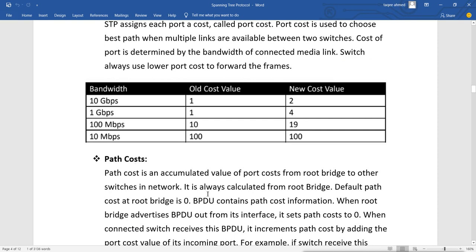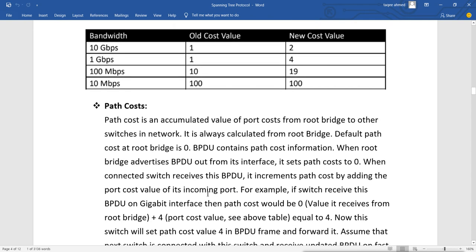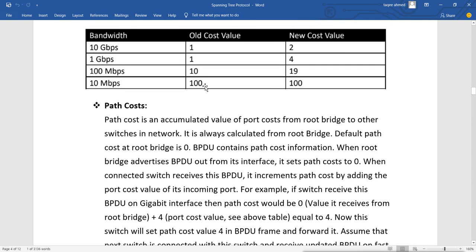Since there can be multiple links, they will decide the path cost first based on this port cost. Path cost is an accumulated value of the port costs from the root bridge to other switches in a network, and it is always calculated from the root bridge. The default path cost at the root bridge is 0.